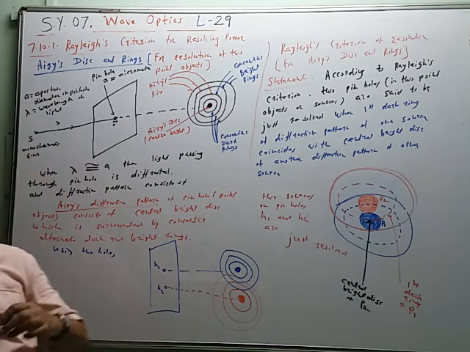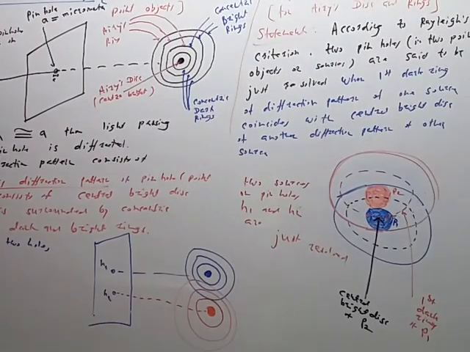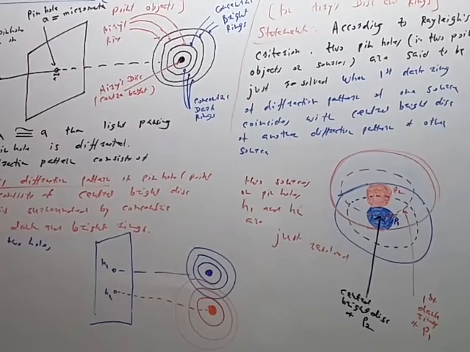So this Airy disk pattern can be used to decide whether the objects are resolved or not. Now if the distance between the two sources decreases, then the two patterns will overlap, the two central brightnesses will overlap. Next time we will use this criterion, Rayleigh's criterion, to decide the resolving power of telescope and microscope. Okay, we'll stop here.